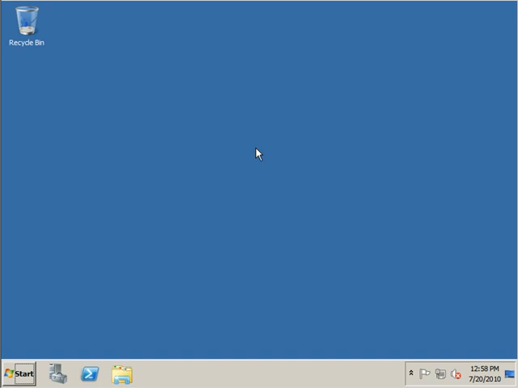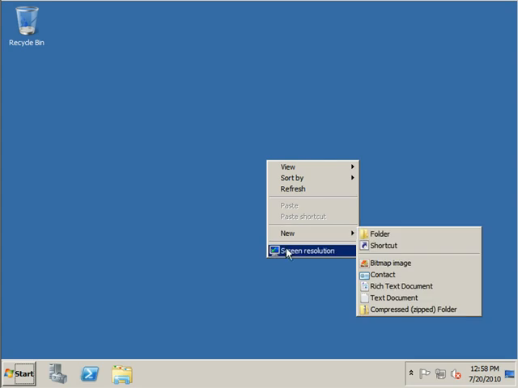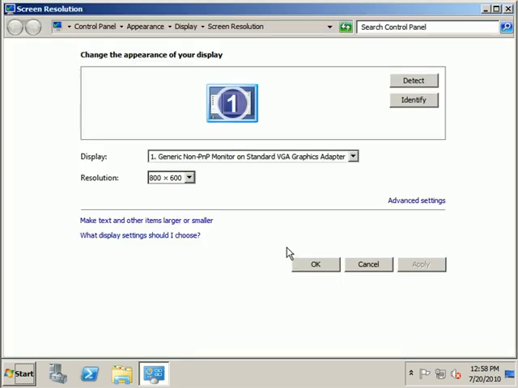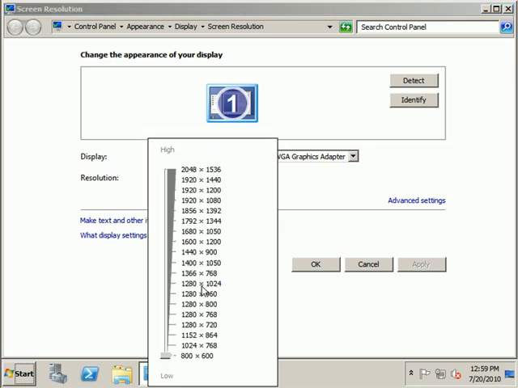Now the only other thing that you may want to do, and this is optional, is if you want to set up a screen resolution or any kind of desktop wallpaper, background, or any other visual settings. You could just right click on the desktop, and here, see, I can go to my screen resolution. Right now it defaults to 800 by 600. That's generally, by today's standards, smaller than what we want to use. So for instance, I could go ahead and change this to 1024 by 768